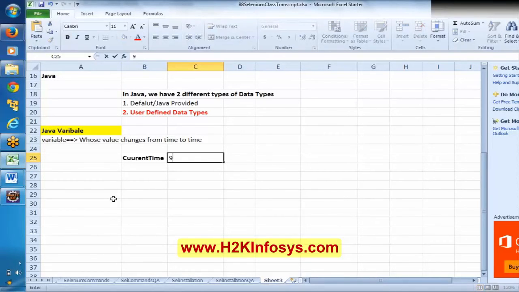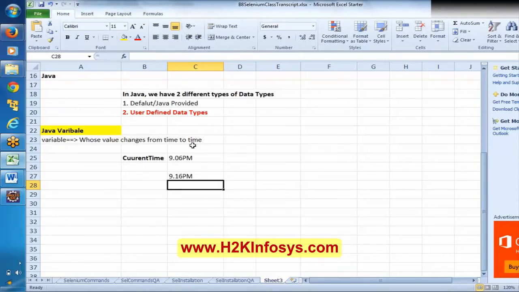Say it is 9:06 p.m. After 10 minutes, what is the current time going to be? It's going to be 9:16 p.m., right? It means its value is changing from time to time. Of course, in this case I am talking about time itself.